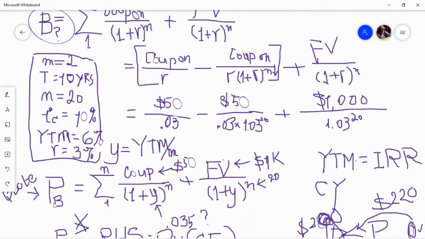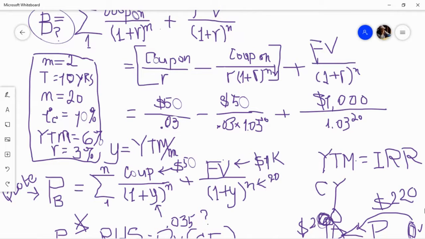So just like that, you can look up the current market price, and if the current market price is given, then what makes the left-hand side and right-hand side equal? I told you that's the internal rate of return. The mathematical term for that is internal rate of return. We can find it, right? This is given, and all the other things are known. Coupon is known, N is known. So the only unknown is the discount rate, which is the internal rate of return. If you solve for that, that is the rate that makes the left-hand side equal to the right-hand side.